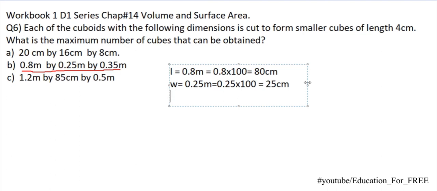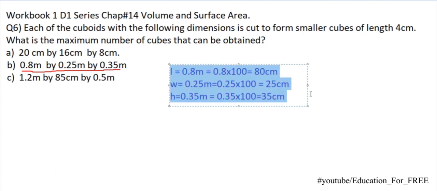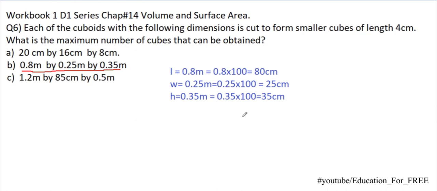And of course the height is 0.35 meter. So for conversion into centimeters, I'll simply multiply 100. It will give me 35 centimeters. So here I have converted all of my dimensions successfully into centimeters, and if you look closely, working with centimeters would be far better than those meters, because those meters were in decimals, and in decimals it's really hard